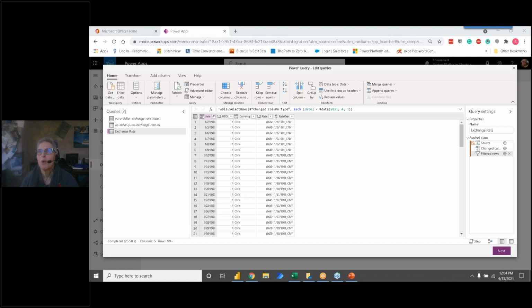There are things that will always break query folding eventually. So all merges we try to take back to the view, even appends we try to take as much back to the view as possible.